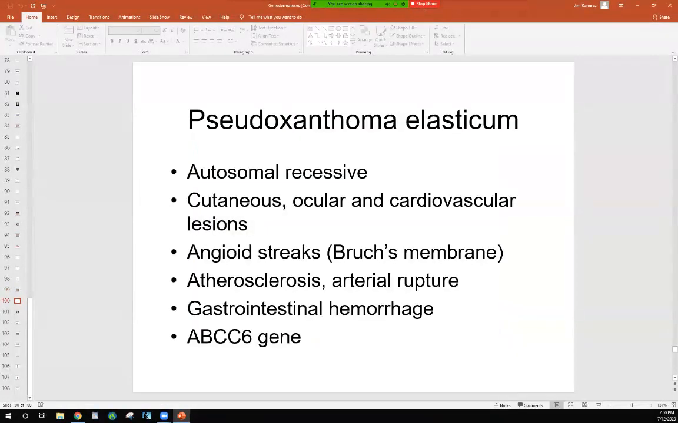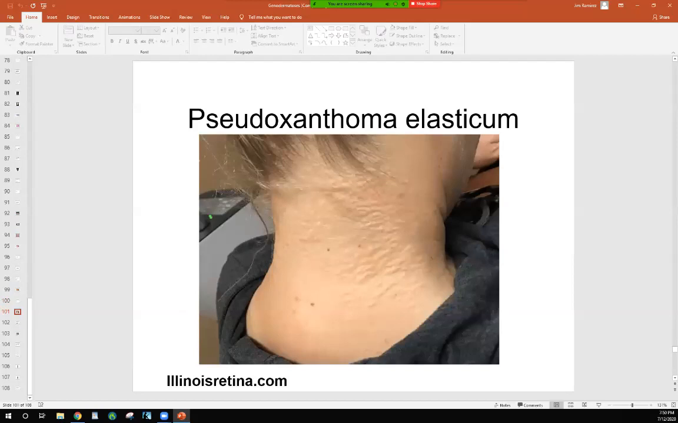All right. Finally, last few things here. Pseudoxanthoma elasticum, a very important one, a very good histopathologic correlate here. This is an autosomal recessive disorder. You get involvement of areas that have a lot of elastic tissue. So in addition to the skin, you have ocular involvement, you have cardiovascular lesions. The Bruch's membrane of the eye has a lot of elastic fibers, so you get angioid streaks. The aorta does as well, so you get atherosclerosis or arterial rupture, and also the GI tract. The ABCC6 gene is the important one to know. And here's this characteristic look on the neck, actually,